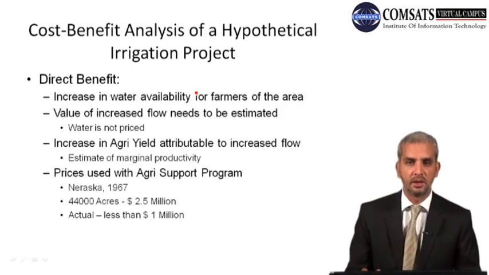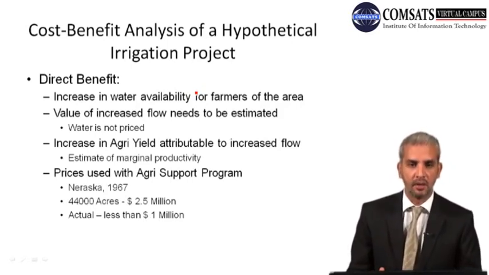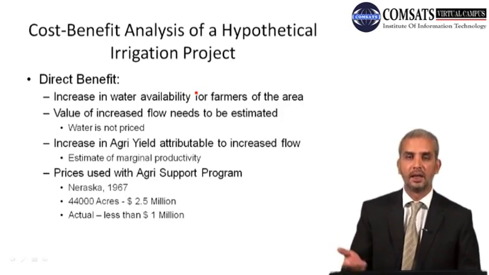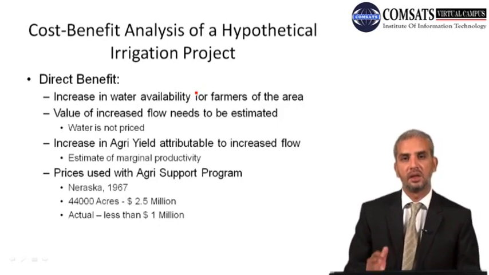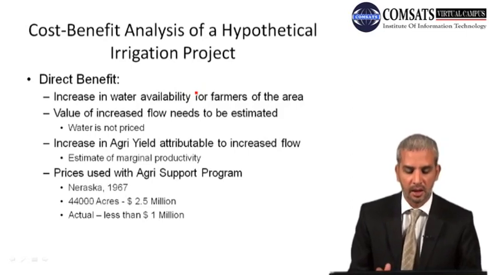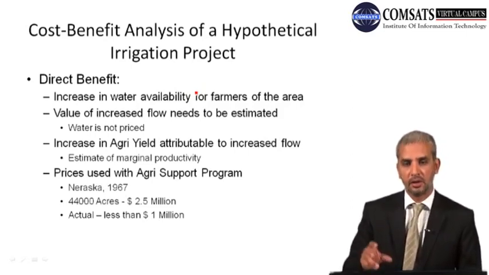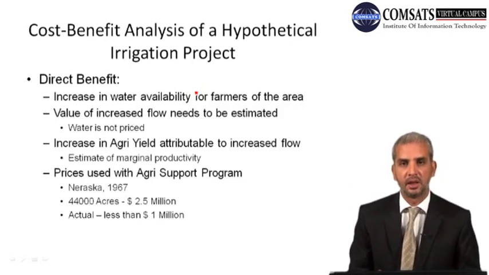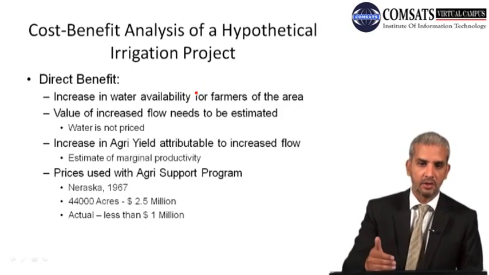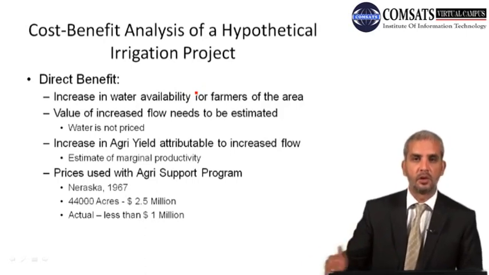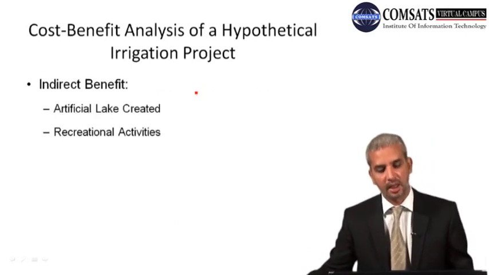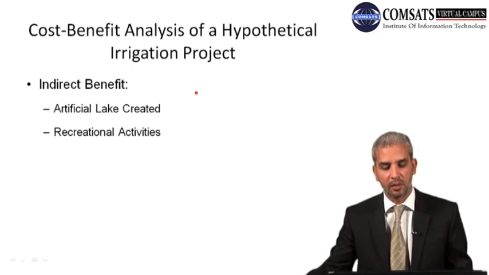So what they do is that they would see the agricultural crop increase and the increase in output and its being sold in the market. But in 1967 there was a mistake in Nebraska: they actually took the prices that were already subsidized by the government. If they do that, the actual benefits were not as they were portrayed. So that was an error in calculating the direct benefits, and then there were also indirect benefits out of it which needed to be accumulated.